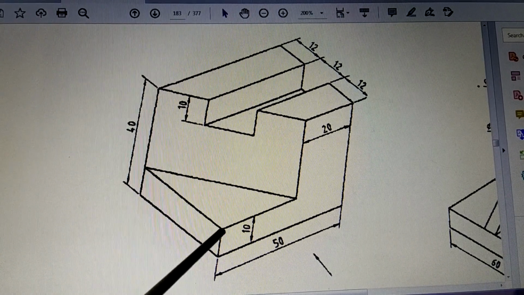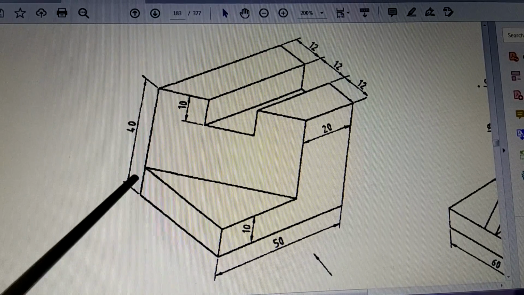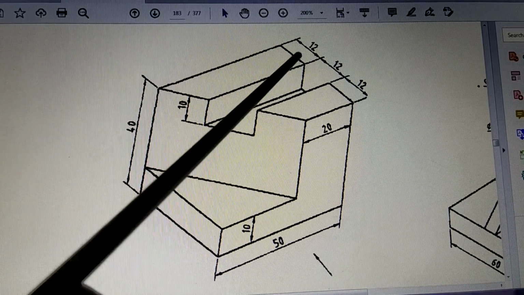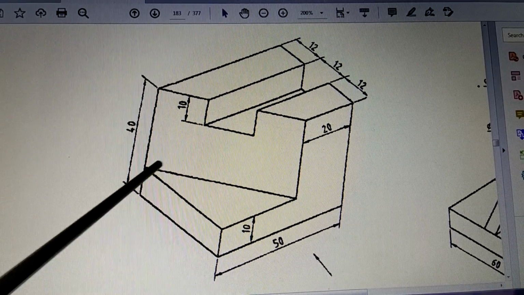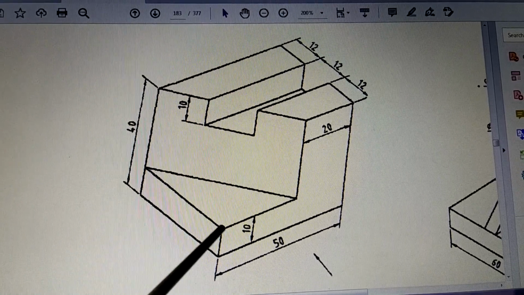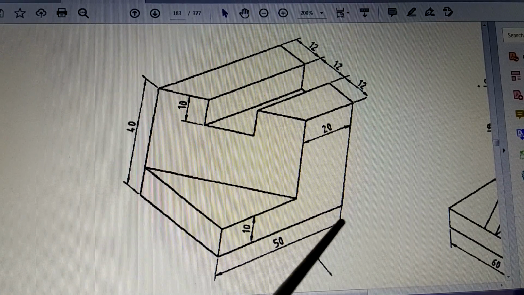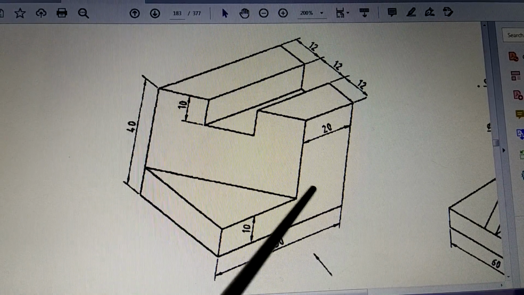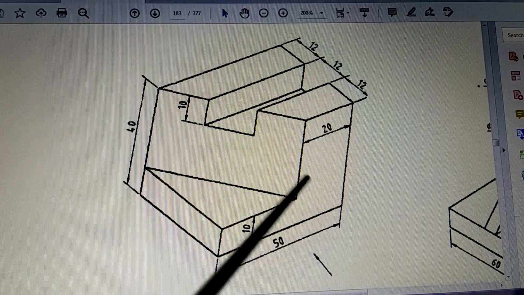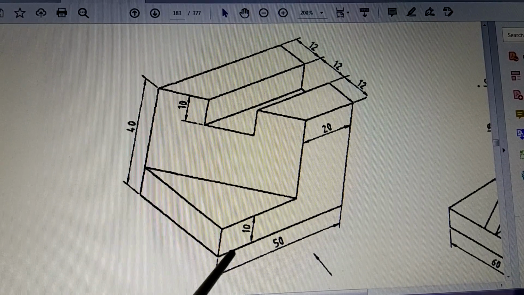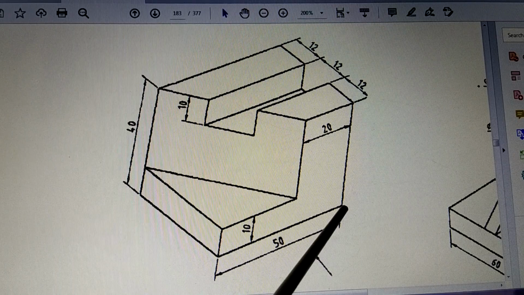The first clear-cut, easiest thing is that this triangle will be seen. So the overall object shape is 12 plus 12 plus 12, so that is 36. So it is a base of size 36 by 50. This is 50, this is 36. So you can safely assume that you have to draw a rectangle of size 50 by 36 to start with. Now out of that, these two sides will be this, and then this is continuous.